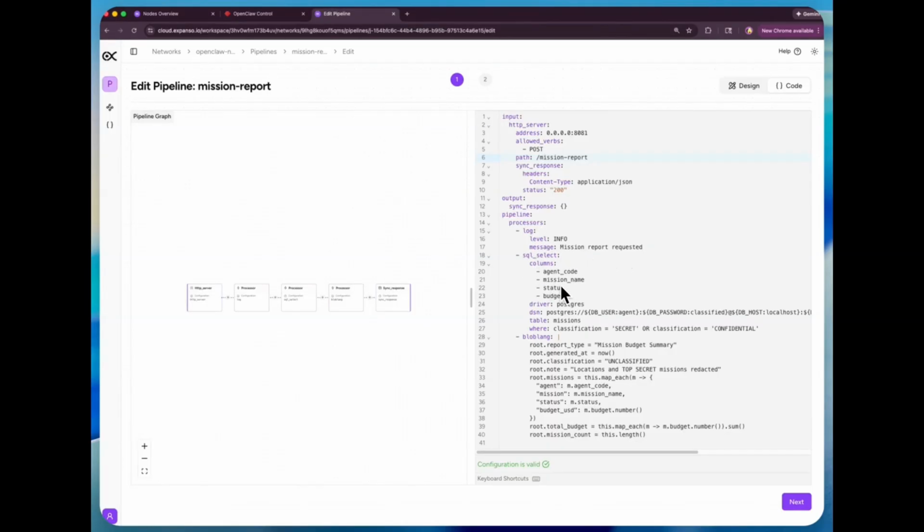You can say, these are the columns that I'd like it to pull. This is what I'd like to do for Postgres. This is the user that I would like it to run under. In this case, maybe it's agent or something like that as a default, but you can also pick that up from the environment. And then once you do that, you can use it to generate some summary reports right there inline: mission budget summary, when it was generated, so on and so forth, what the classification is.